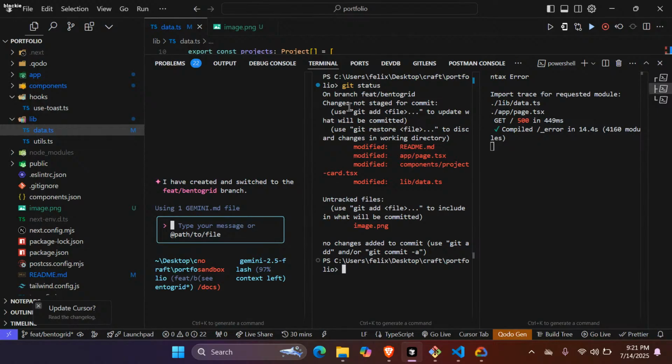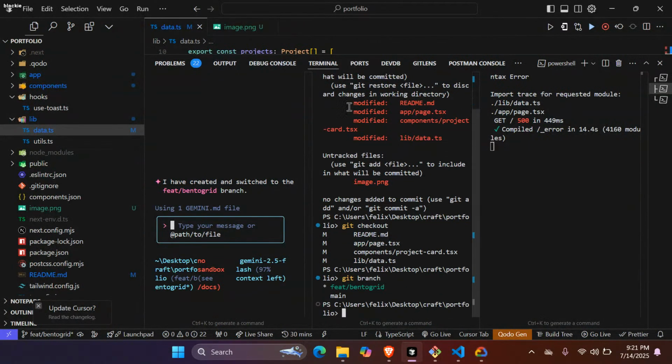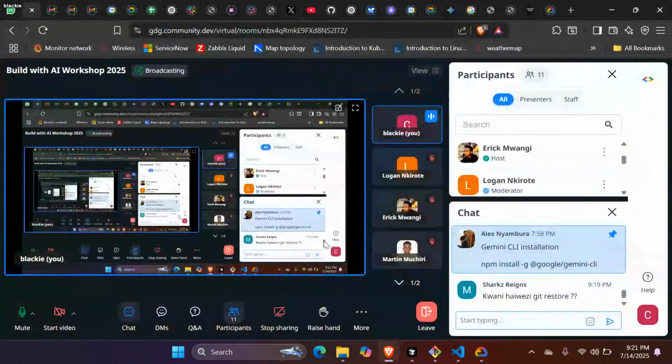Modified files. Let me do git checkout. Oh, it has created the branch and I've got to that branch. So yeah, you can get a branch, but I don't believe this tool can fix. It's still on its baby steps.